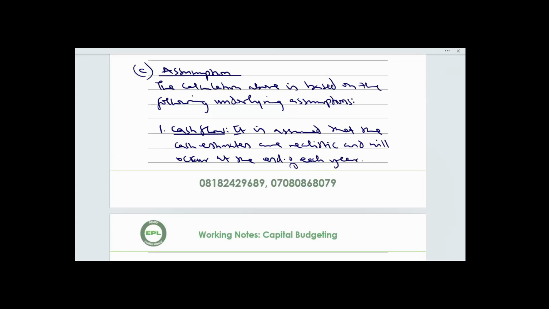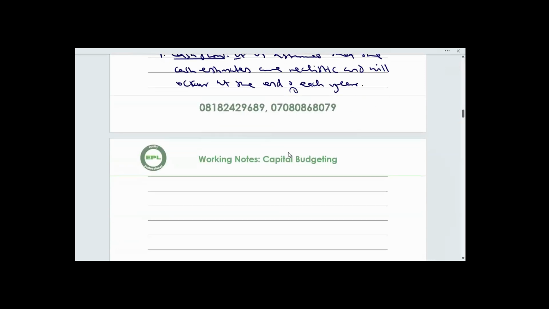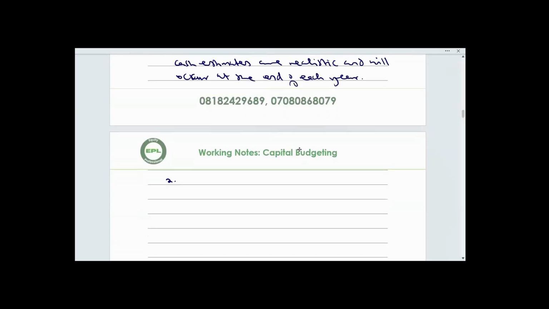All right. Then assumption number 2. Again, in a question, if you have evaluated a project, if you are given cost of capital, of course, there is no way you will evaluate without using cost of capital, especially if you are calculating NPV. So you talk about cost of capital. So what's your assumption on cost of capital? It is assumed that,